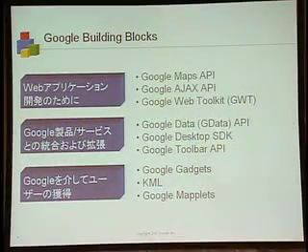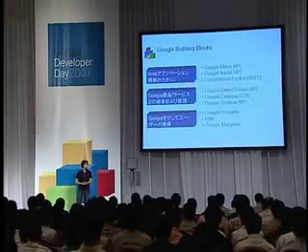Here's an overview of some of the APIs and tools that we provide to you. I've divided them into three categories. The first is functionalities for development of web applications. We at Google have provided a number of building blocks to increase your productivity and effectiveness for developing web applications. The second category is products that can be used as plugins to your applications to expand your applications, or also to link Google functionalities with your applications.